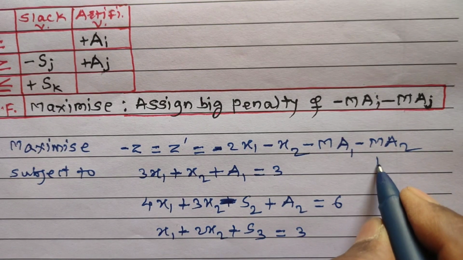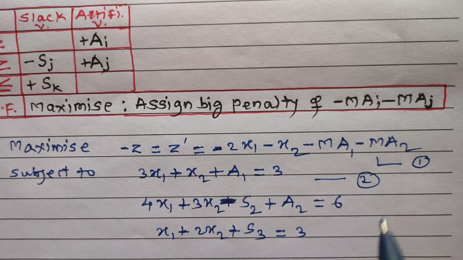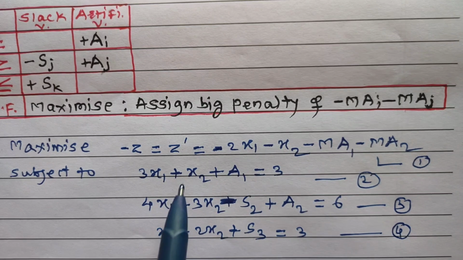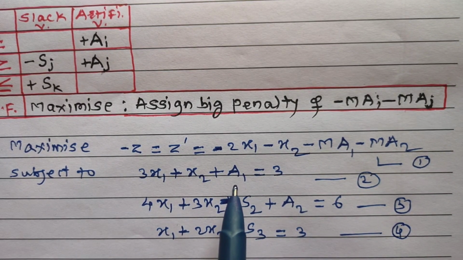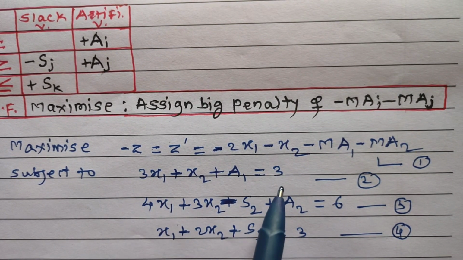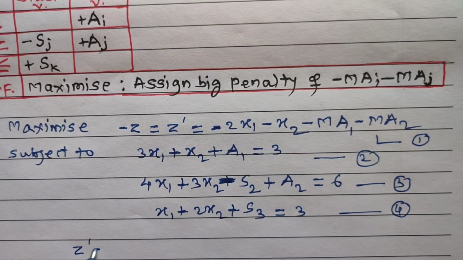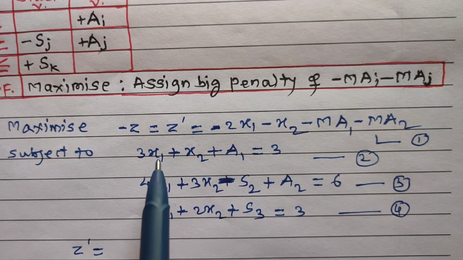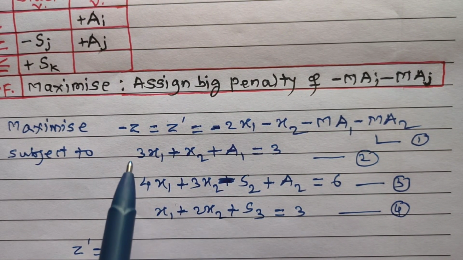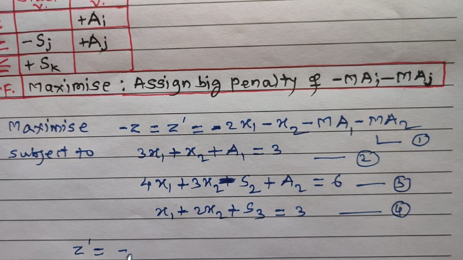Now, considering the objective function as equation number 1, the first constraint as equation number 2, the second constraint as equation number 3, and the third constraint as equation number 4. In the first constraint and second constraint we have added artificial variables a1 and a2. So we have to multiply the second equation by M, the third equation also by M, and add in the objective equation. So z dash is equal to, here the coefficient of x1 is minus 2 and here the coefficient of x1 is 3, the coefficient of x1 is 4, 3 and 4 are multiplied by M, so 3 plus 4 is 7, so minus 2 plus